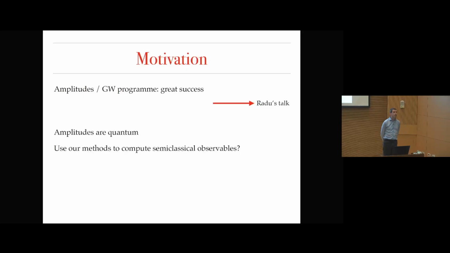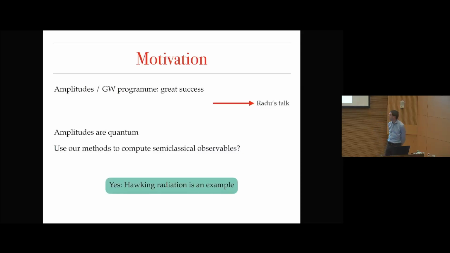The scattering amplitudes are inherently quantum mechanical objects. So when we use these scattering amplitudes to talk about gravitational wave physics, we're leaving stuff out. We leave out some diagrams, we throw away some bits that we don't really want. And we can ask ourselves, what if we kept those bits? And we use our methods to address interesting questions in semi-classical physics. Of course, there are a lot of very interesting semi-classical phenomena.